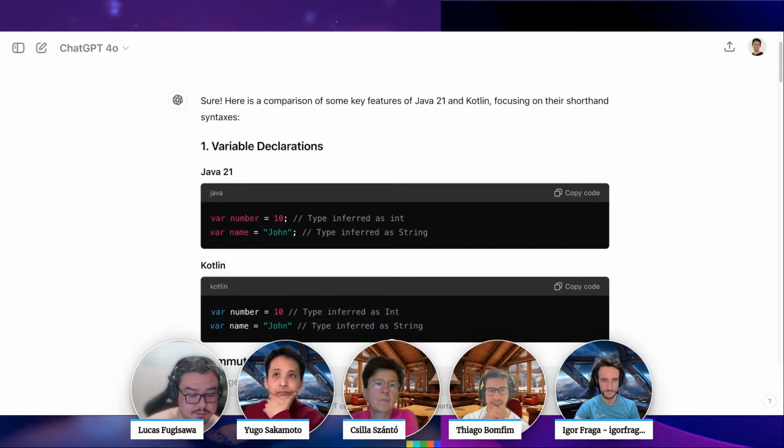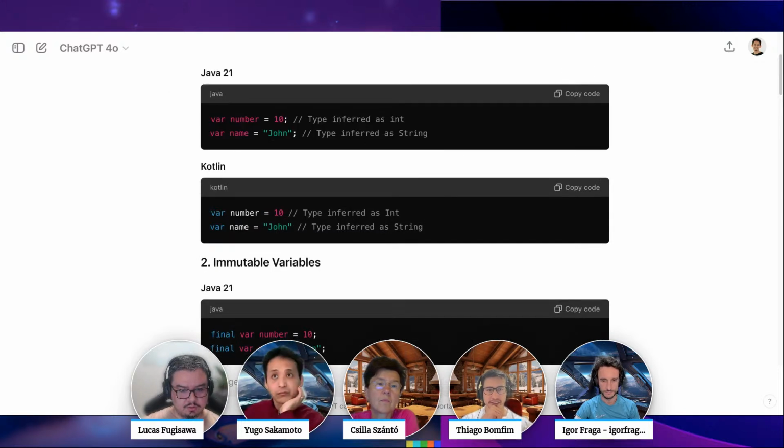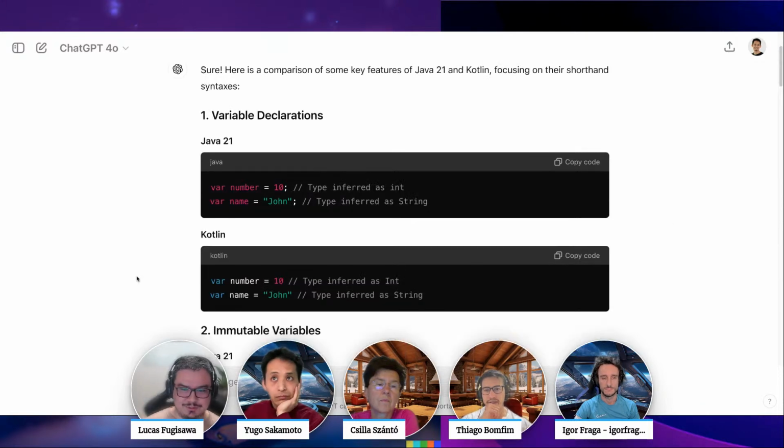ChatGPT helps a lot with that. Paste your code on ChatGPT and ask: please give me a more concise, expressive, and more idiomatic Kotlin alternative for this code. It does a really good job.